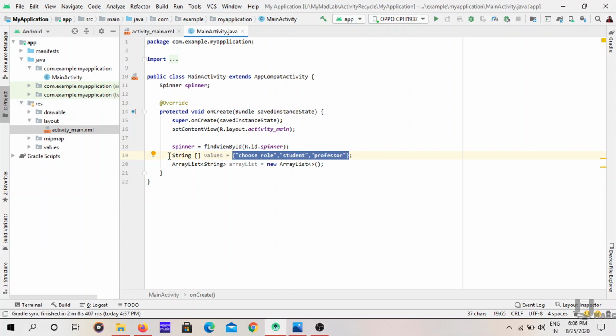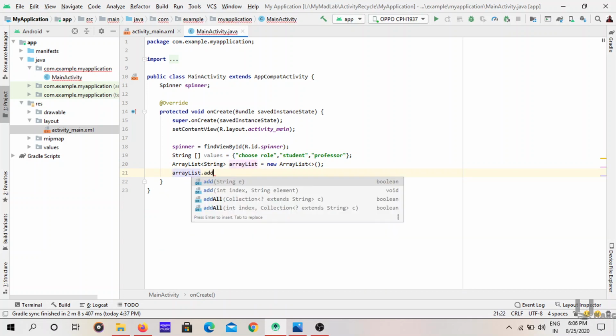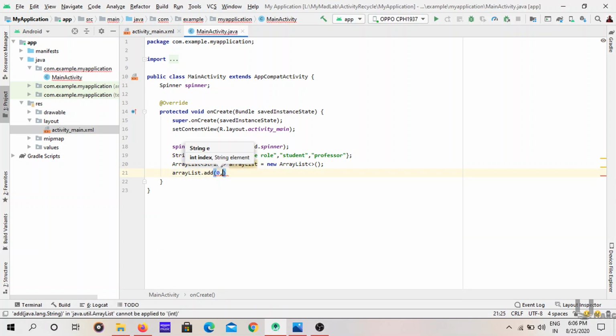If you don't want this array at all, you can do just arrayList.add(0, "Choose Role"). This is a string, so Choose Role.